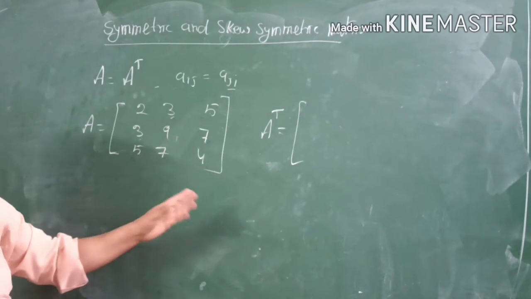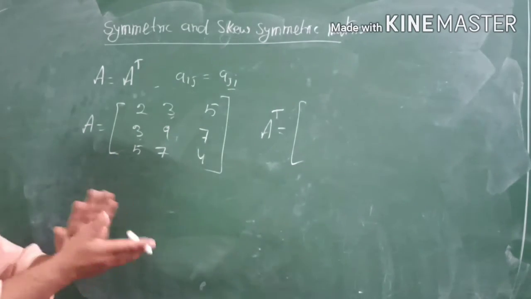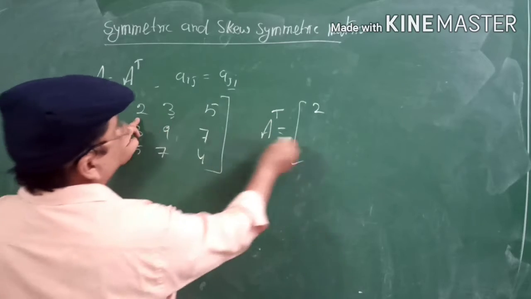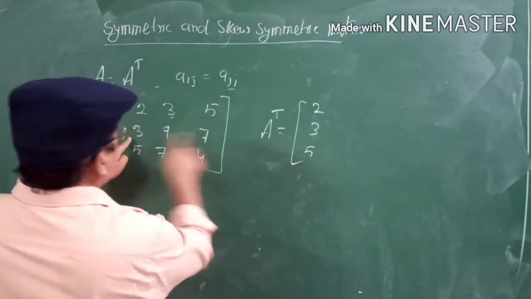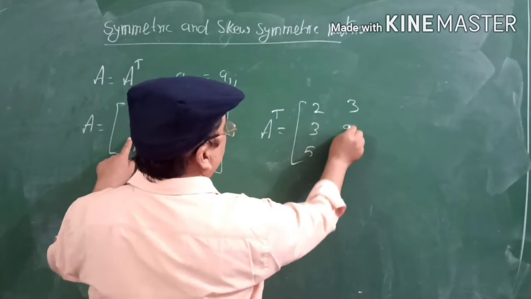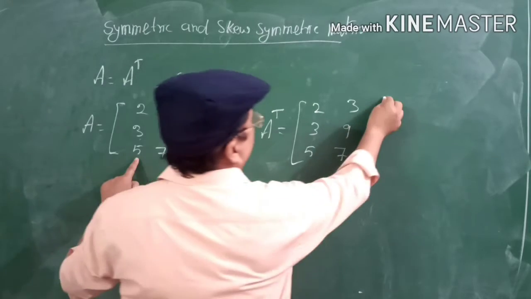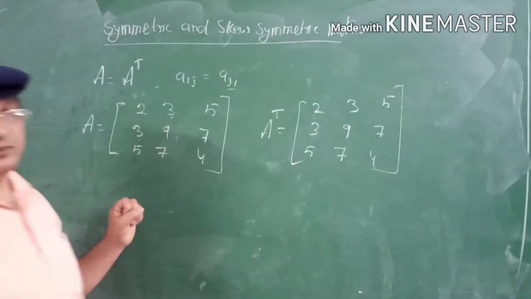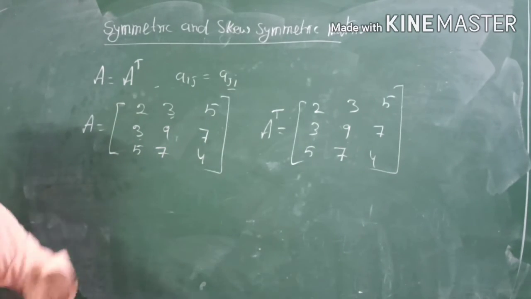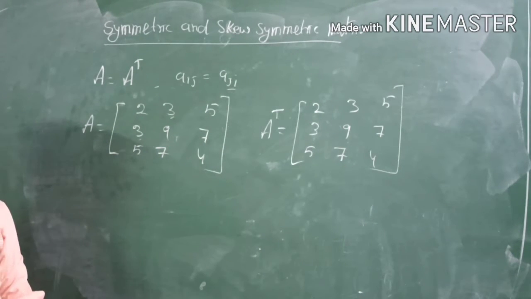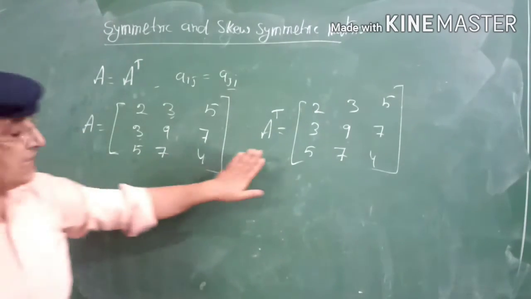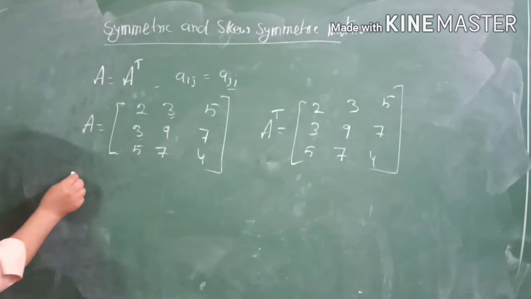Now see, the transpose of this matrix, row into column: 2, 3, 5, and this is 3, 9, 7, and this is 5, 7, 4. Now see, this is the same matrix, right? And we know that for A and AT, the symmetric and skew-symmetric parts